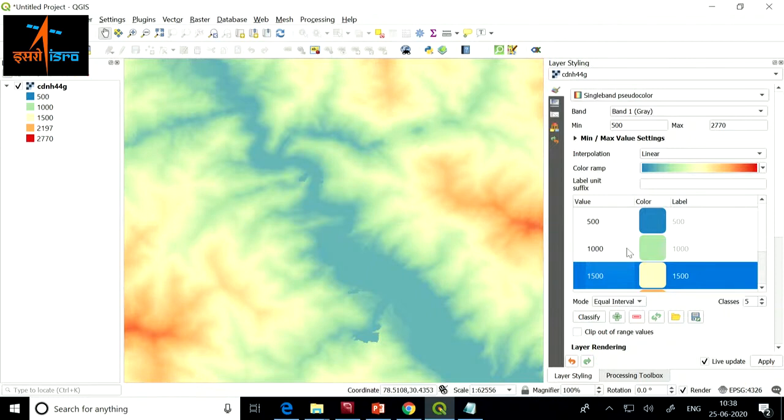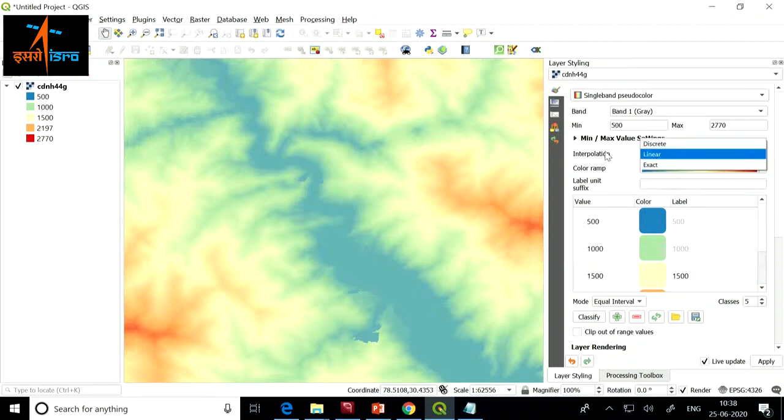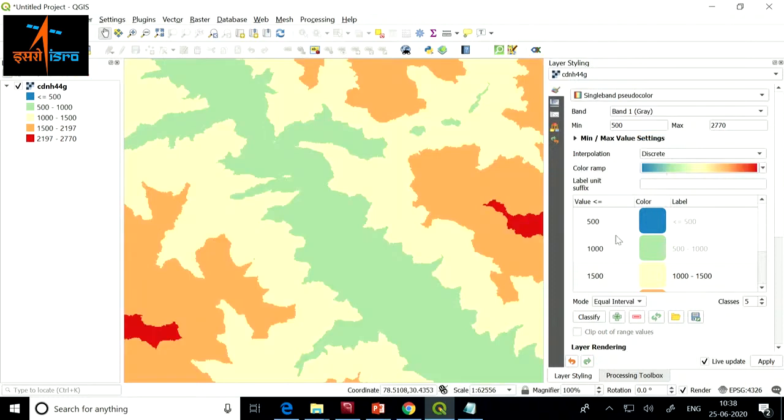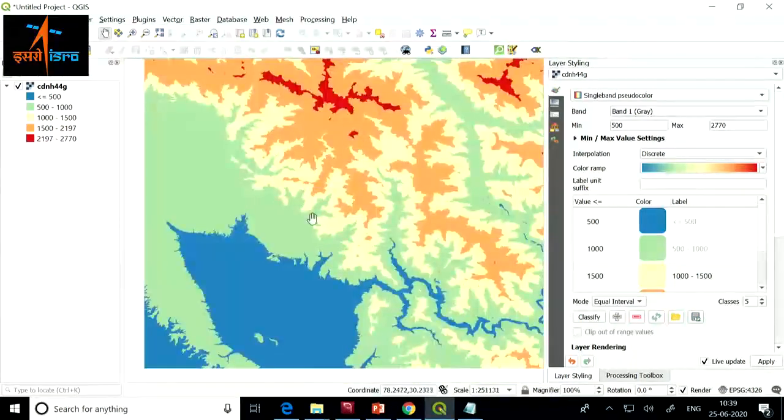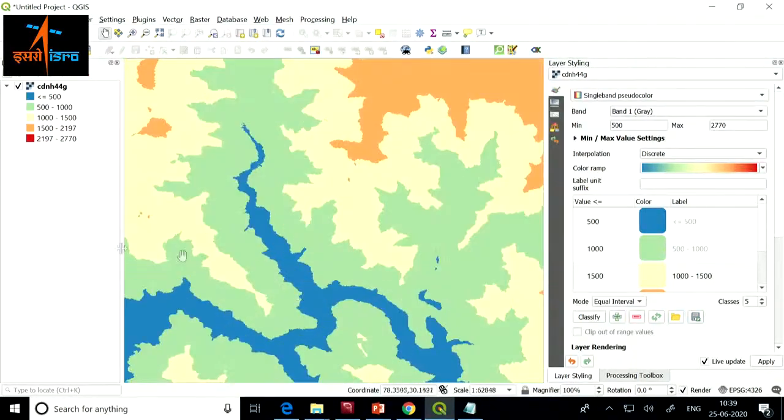But generally, for scientific visualization, we want to clearly see what colors mean what. So you can change this interpolation option from linear to discrete, and now you see that the legend has changed. It says that anything less than 500 is shown in perfectly blue color, no stretching and all.